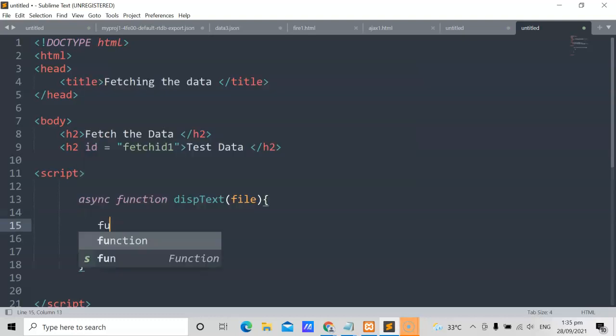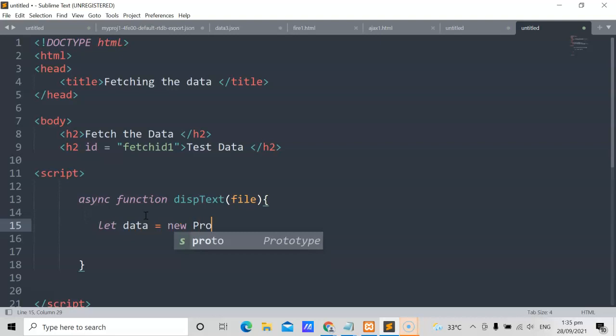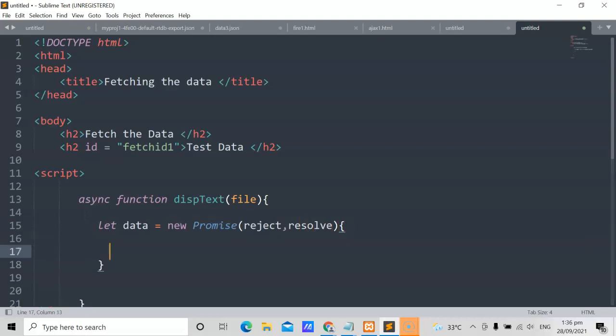So what's the syntax for the promise? Let data equals new Promise, and then you have here, of course, the arguments, like for example, reject and resolve. This is the pseudocode for that. So if error, let's say, then you put here reject data. Otherwise, of course, you can put here